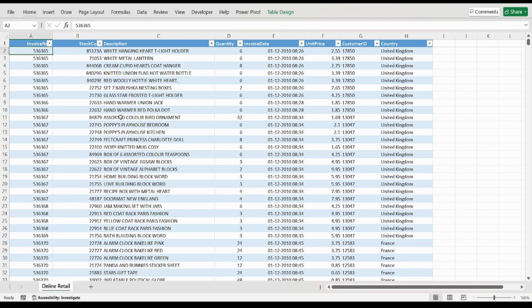So the next step of our project is the data overview. Let's explore the data sets we will be working with and understand their structure and details. This particular file is an Excel file which will serve as our database for today.